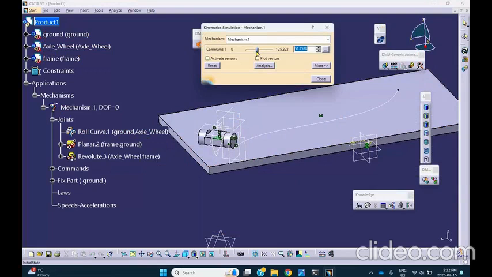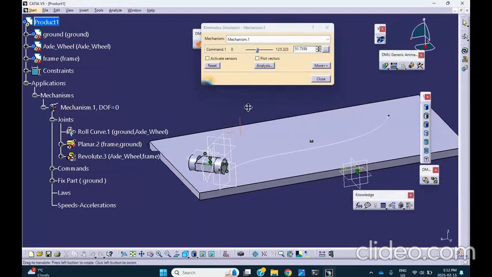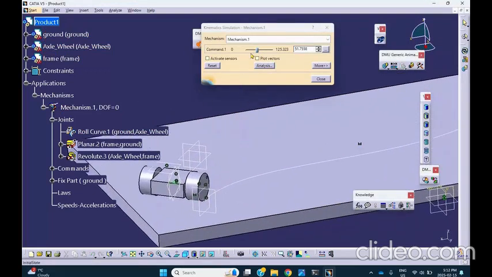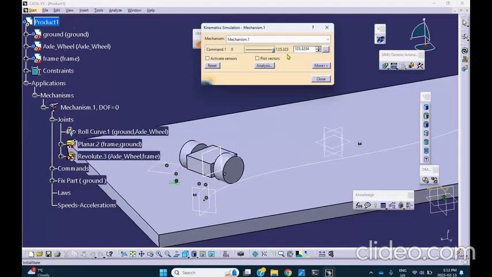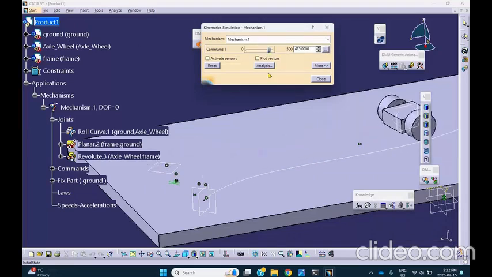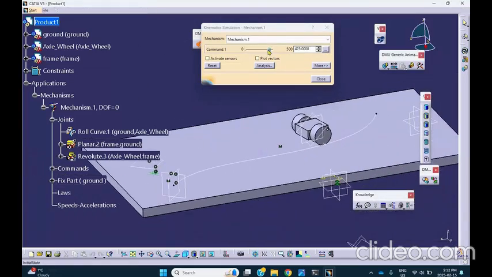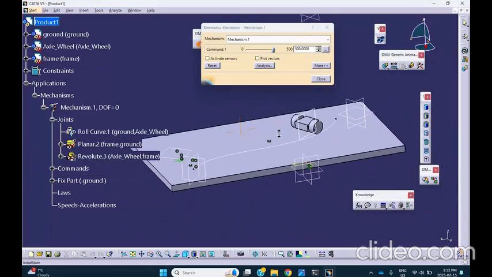As I drag this thing, the wheel will roll, or the wheel axle will roll on that curve, and the frame remains horizontal. You can see that. Of course, you can change the length here to maybe 500. We can do the rest of this. Okay? So look,